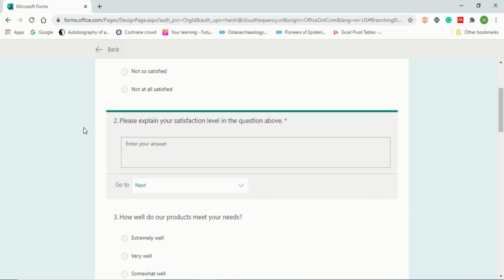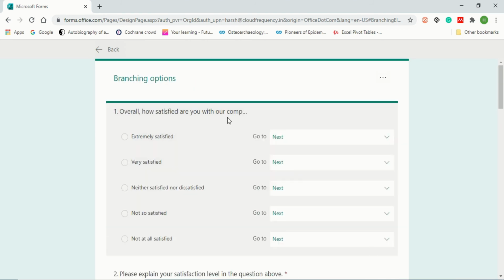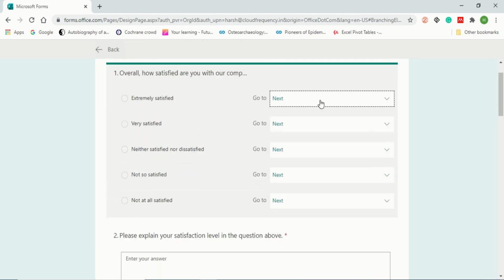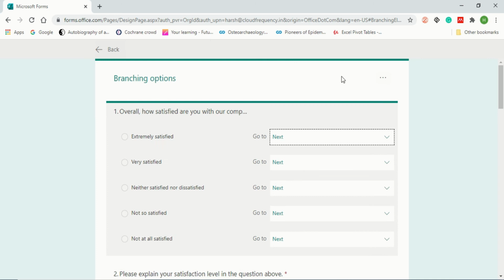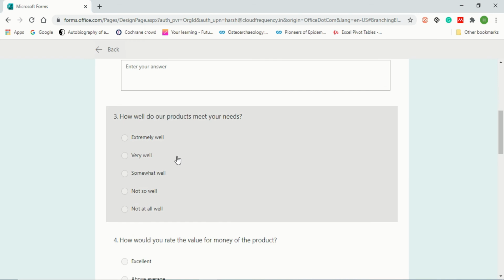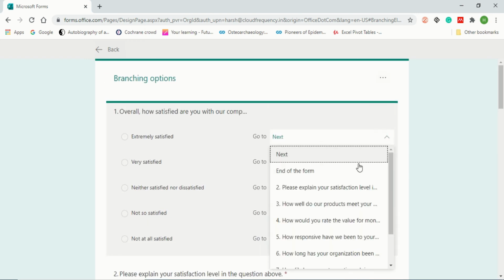And now I will again change this. So this is again extremely useful. Go to the next. These are all the things that you can do. These are the branching options. If you want to reset, you can do that. Like if I click on this, the person will be directly taken to this. Like if I click on extremely satisfied, it will take me to the fourth question, because that is how you will use the branching option, which is the latest feature in Microsoft Forms. Because there are a lot of people who have given the feedback that they want branching options, because in forms this is one of the most special things that you need.